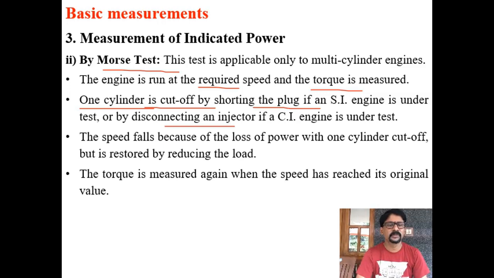The torque is measured. Now the speed falls, so you have to restore the speed by reducing the load. The load on the brake wheel has to be reduced so that the speed is restored to its original value. Like the example of 4 people carrying some weight, if one of them is pulled back, their speed is reduced because they have to carry the same weight. Now if I reduce the weight, they can once again move with the same speed. This is just an example. The torque is measured again after bringing the speed to the original value, and you have to calculate the